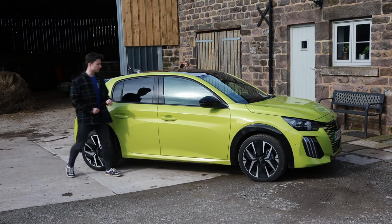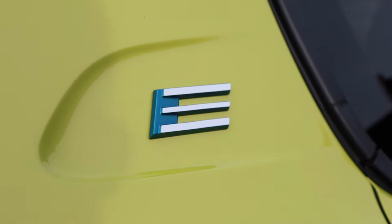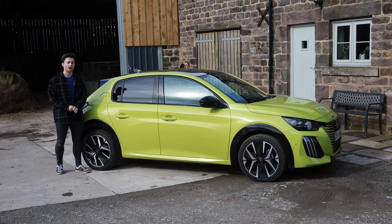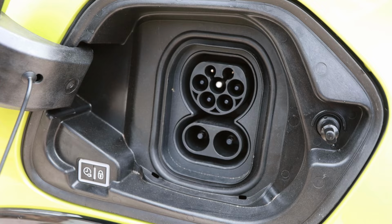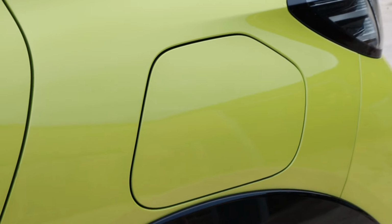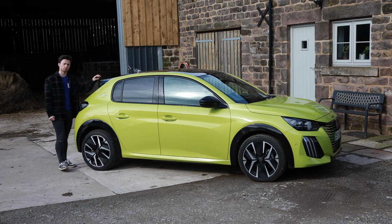Along here, because this is the electric model, we do have an E badge, and in this spot on the other side of the car we have the fuel filler flap, which houses your Type 2 and CCS charging connectors. More black plastic cladding around your wheel arches, and at the back you've got a lovely little gloss black plastic spoiler over your rear glass